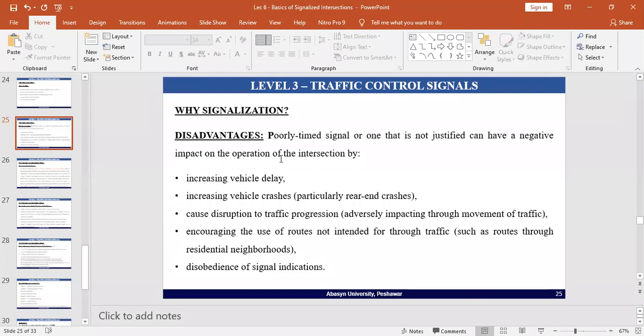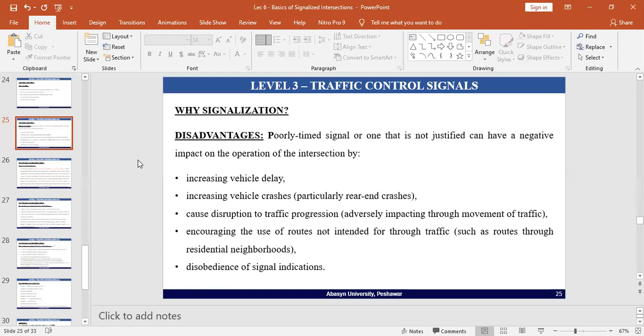Disadvantages include that a poorly timed signal, or one that is not justified, can have a negative impact. It can increase vehicle delay, increase vehicle crashes, cause disruption to traffic progression, encourage the use of routes not intended for through traffic, and lead to disobedience of signal indications. As I told you previously, regarding installation of traffic control signals,